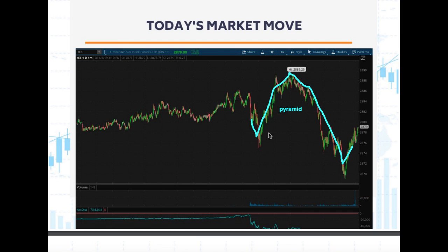So any one of them, if you look at the chart without focusing on the levels in relation to where the market opens, it opens slightly lower, slightly higher, which are all variations of a move 11. Just focus on this. It's a pyramid, right? So when you see a pyramid formation, some of them are not going to be perfect pyramids, right? As you can see, we actually dropped much lower than where we opened,